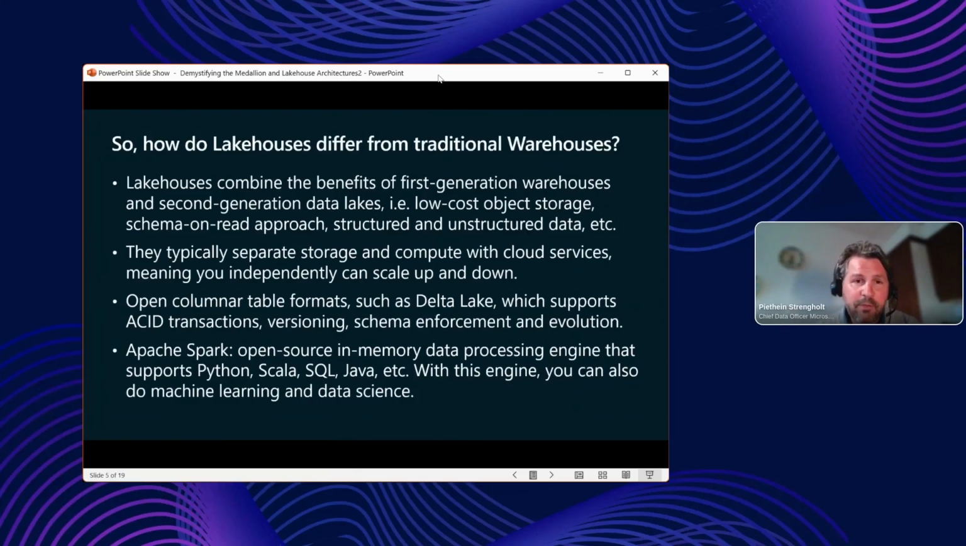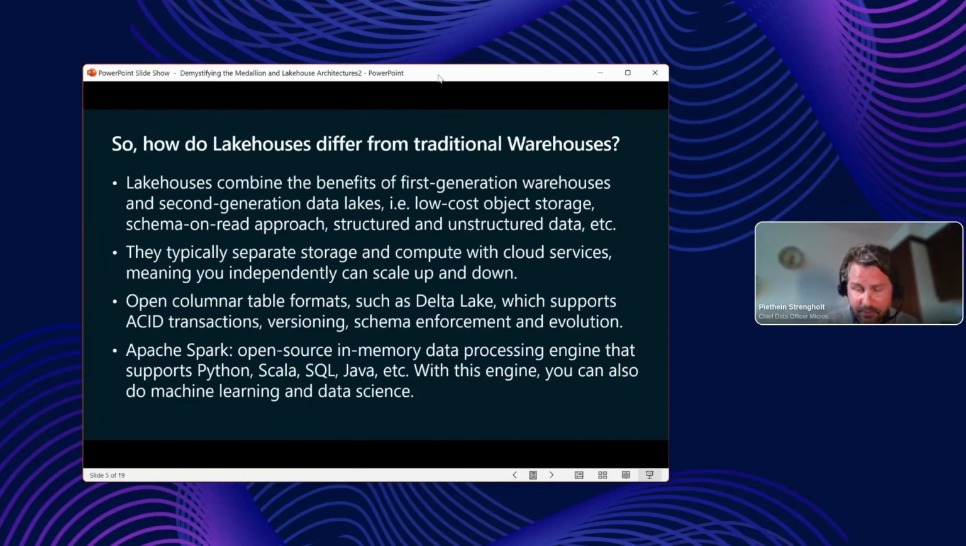And then lastly, we have an open source in-memory compute engine for massive data processing. That supports Python, Scala, SQL, and Java. With this engine, you can also do machine learning and data science beside traditional ETL or integration of data. So Lakehouse, to summarize, combines the best practices, the benefits of first generation warehouses and the